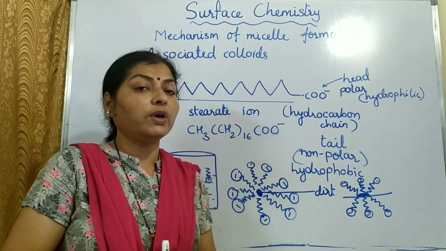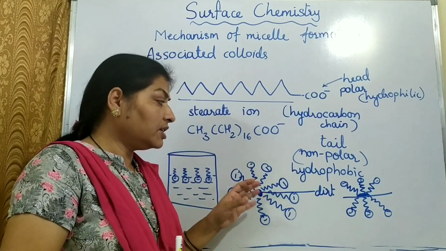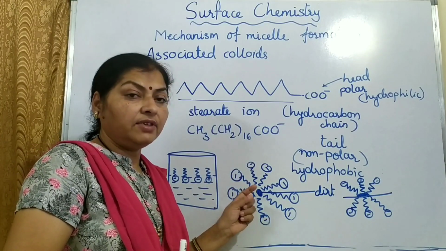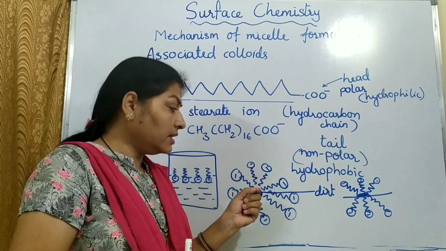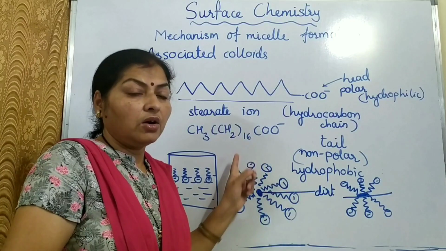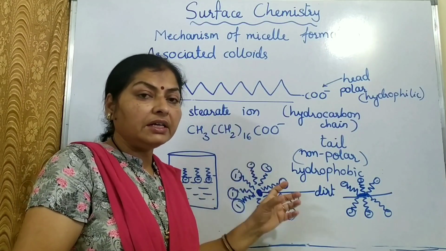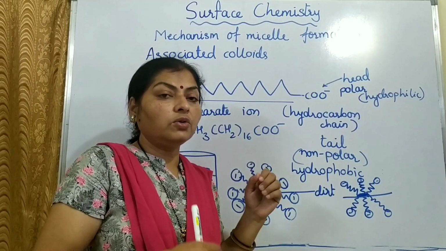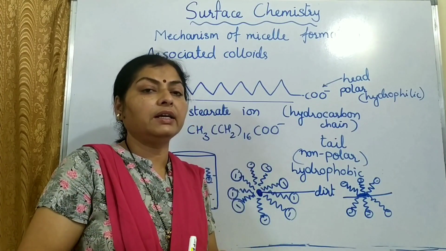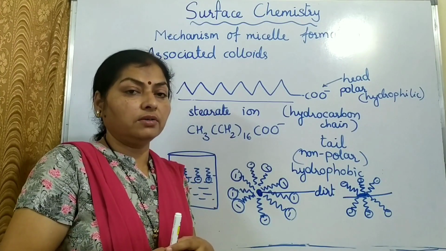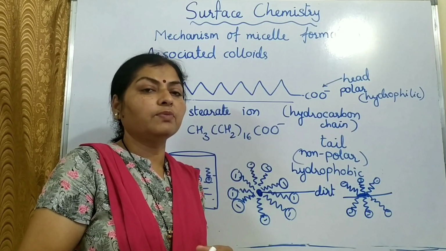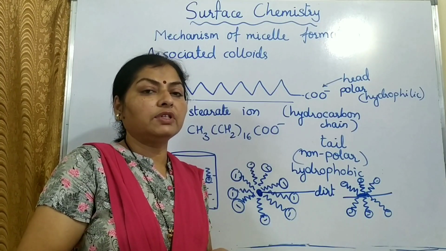Just now we discussed what is emulsification. Emulsification is the mixing of oil and water. What is happening here? The dirt particle which has oil or grease in it is going into the water, mixing with the water due to the micelle, or due to the soap molecules or detergent molecules which are present. So that is emulsification, breaking of the oil droplets into smaller particles and mixing it with water. Otherwise oil and water do not mix with each other. So let us see a small activity to understand the process of emulsification.